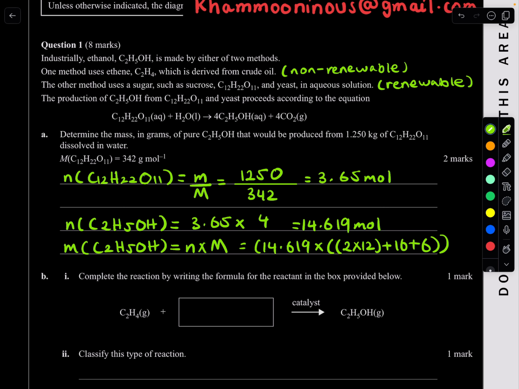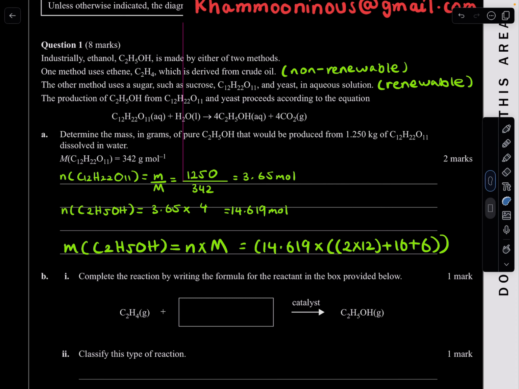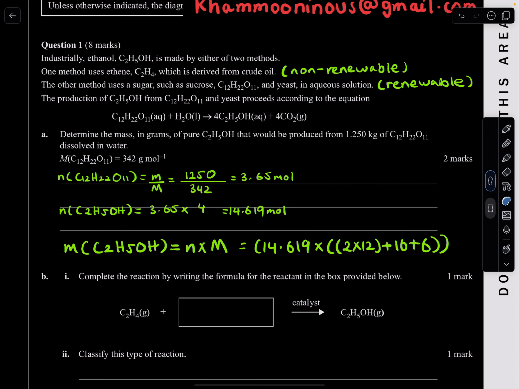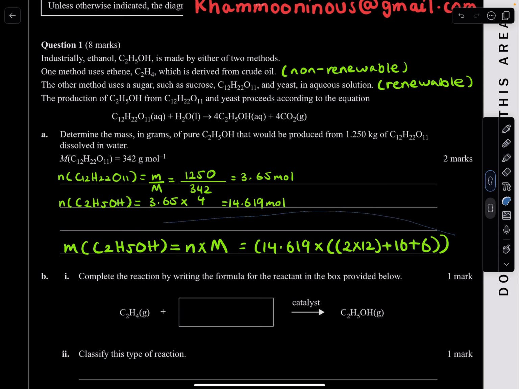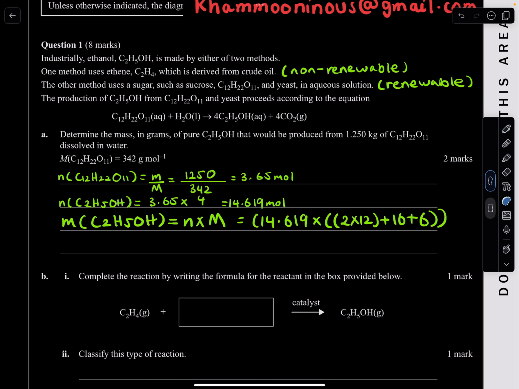And so this overall will give me, let me make this smaller because my space is actually gone. Let me take this smaller, and push it upwards a little bit. We're nearly done. So what does that give me? So that times 2 times 12 plus 16 plus 6, and that gives me